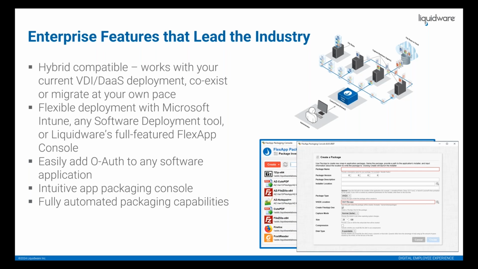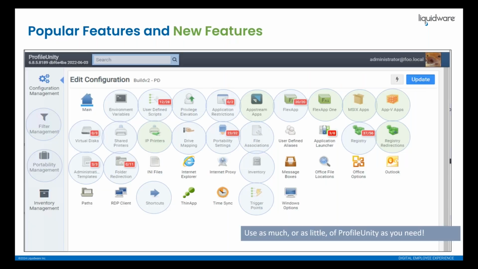And you can move backwards and forwards between any versions of Windows that Microsoft has built in the last 10 years automatically. We combine this with a lot of automation features. So this is an example of the ProU console that can manage all these things. Anything that's in blue is a mainstay feature that we've had for 10 plus years. Anything that's green is going to be one of our new functions that's been available for the last 24 plus